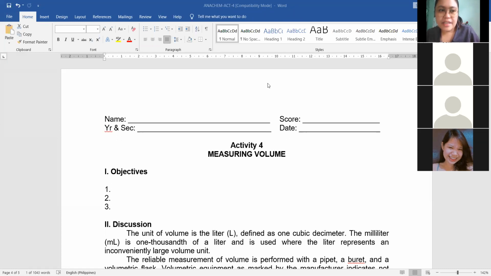Okay, and then please be reminded na reporters, group number 3, next week, Monday, you will be reporting the activity number 3. And then group 4, I believe you know already kung ano yung grupo ninyo, no? Group 4, please prepare also for activity number 4. Next week, Tuesday. Tuesday ang group 4 for the activity number 4, and Monday yung group 3. Okay? I hope nakuha